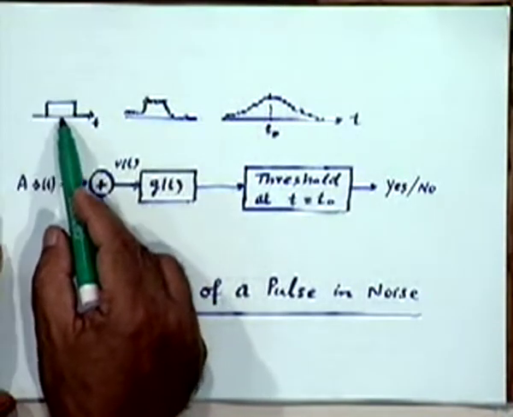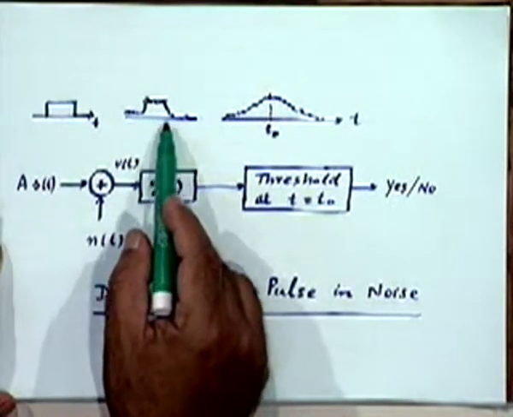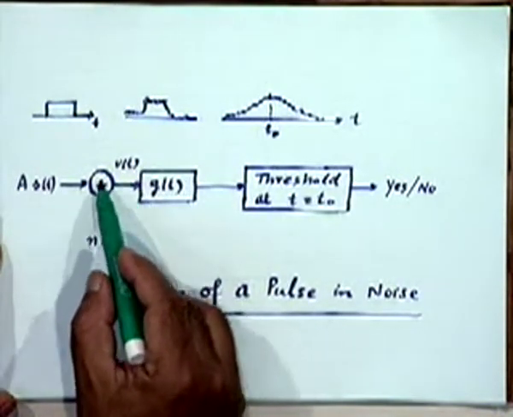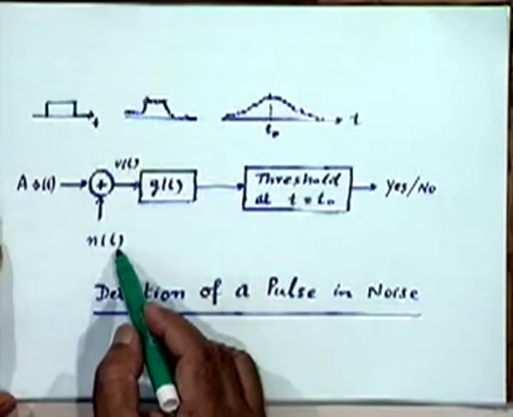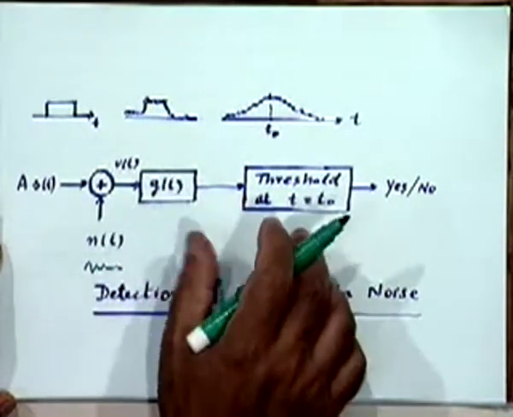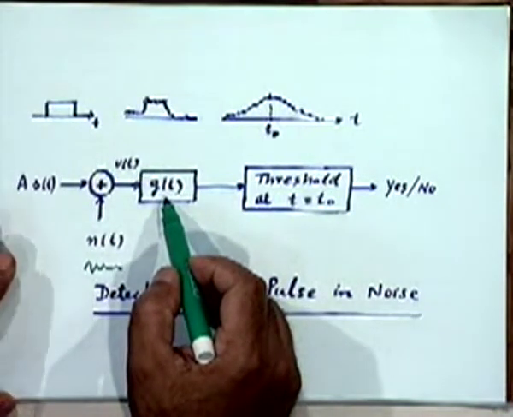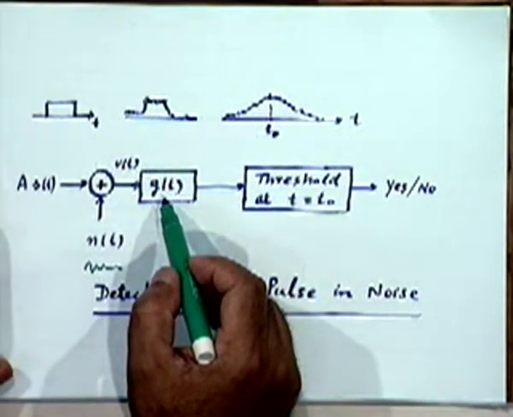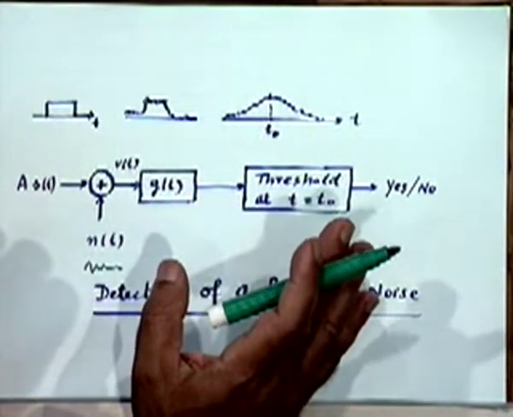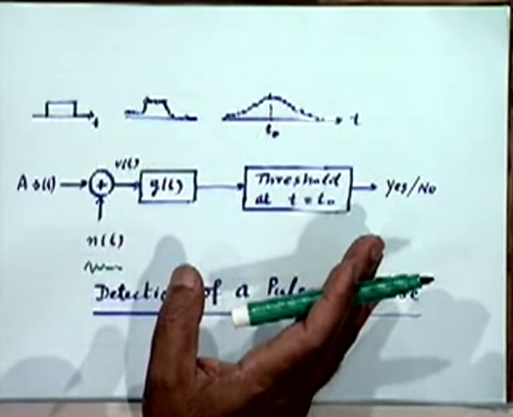See, I have just illustrated here by a diagram. This is your pulse, which is contaminated by some noise, and this is how it might become after contamination. So this is what you are observing, this Vt, the sum of this signal plus noise, some random noise waveform, right? And what the structure we are proposing here is that we will pass it through a filter which ideally should do what? Should pass the signal completely without attenuation and should reject the noise completely. But that is something that is going to be impossible to do, right?